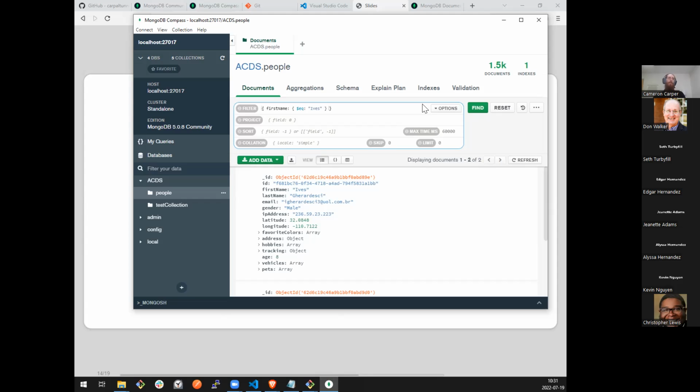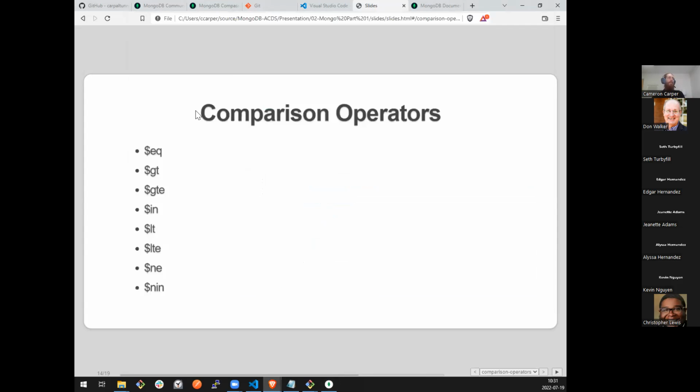The only reason I really show this is because most of our other operators, we have to do it this way. Equals is just the one that they give us a convenient shortcut where we can just say name, value, and it understands we're asking it to do an equals. So if I hit find, I should get exactly the same results. And I do, 2 documents, same people we've been looking at so far.